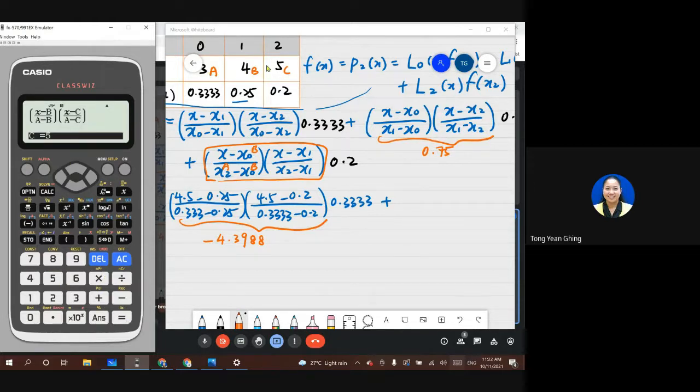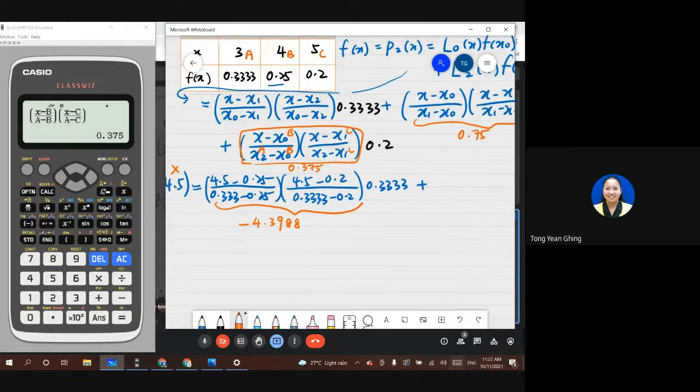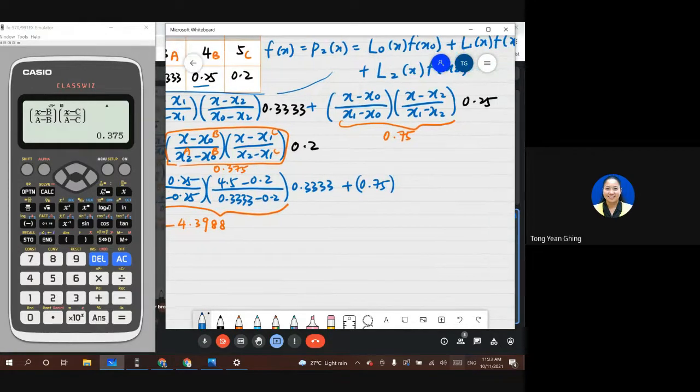And then c now is x1. So x1 is 4. So we get here 0.375. Okay. So for this one I continue and directly write 0.75 times the value of y plus 0.375 times